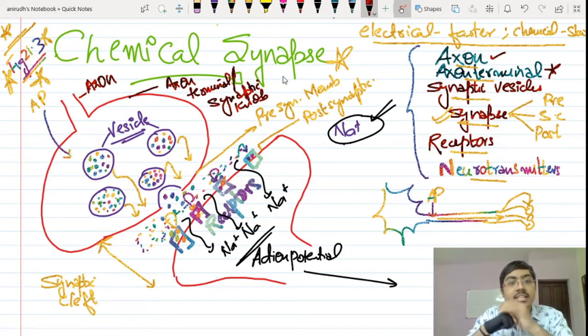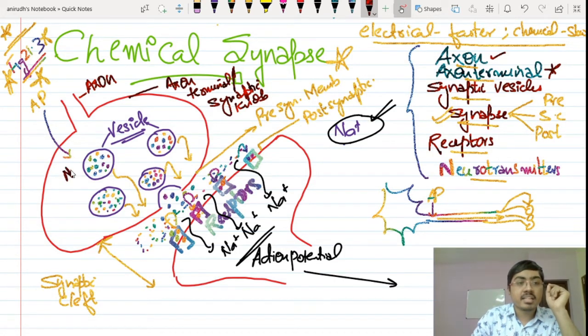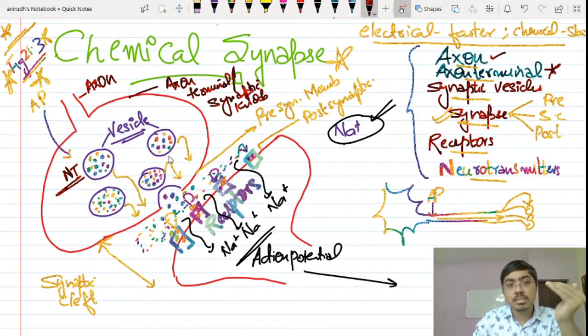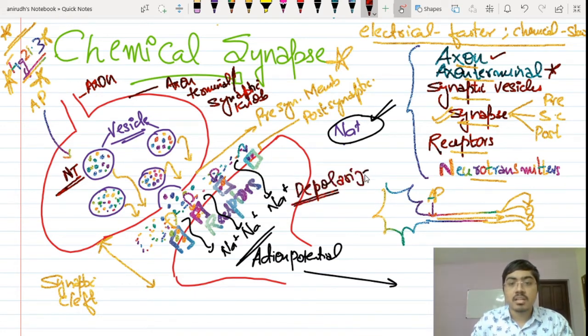It is here that your neurotransmitters, NT stands for neurotransmitters, are synthesized in the synaptic knob, and stored in the form of vesicles. Action potential comes over here. There is peripheralization, or you can say migration of the vesicles onto the presynaptic membrane, fusing with the presynaptic membrane, releasing the neurotransmitters into the synaptic cleft, which will then bind to the receptors for the neurotransmitters on the postsynaptic membrane, and that leads to depolarization of the postsynaptic membrane. This is depolarization. I mean, current is flowing, isn't it? Action potential is due to an influx of sodium.